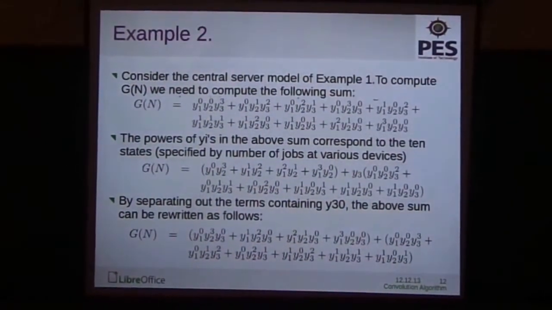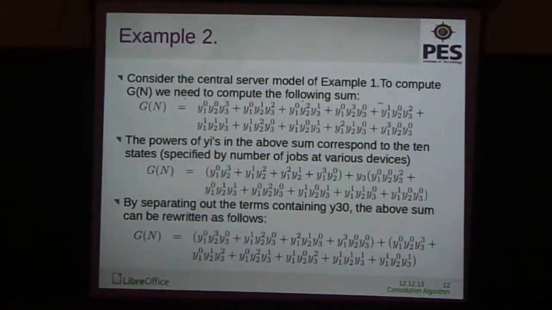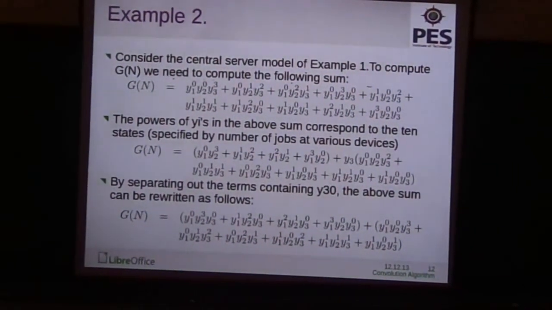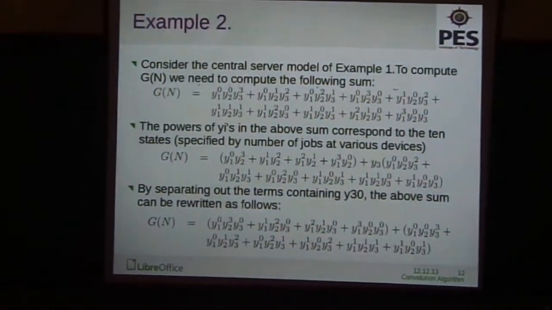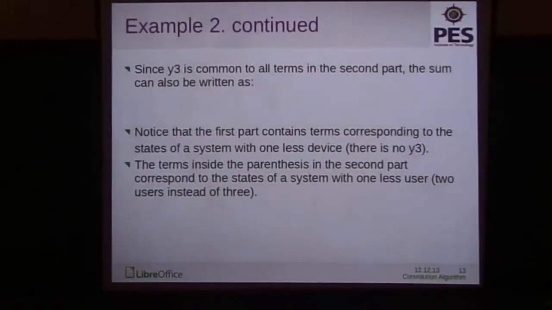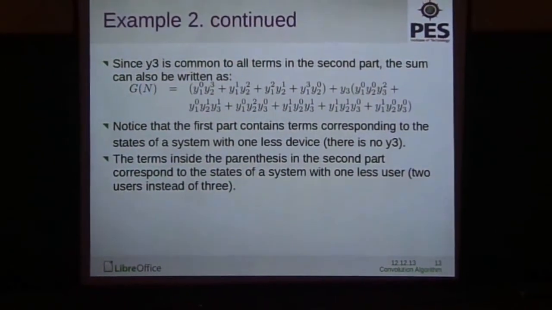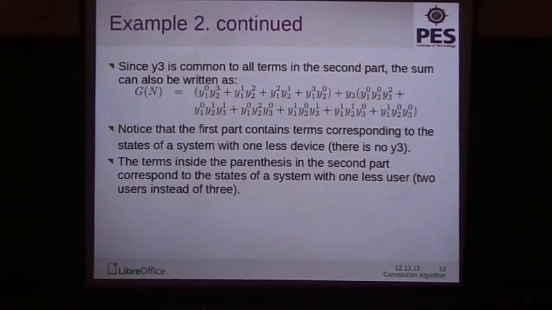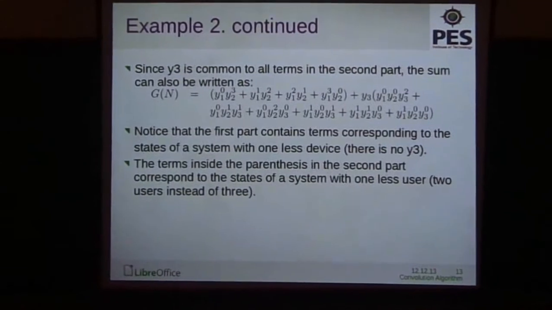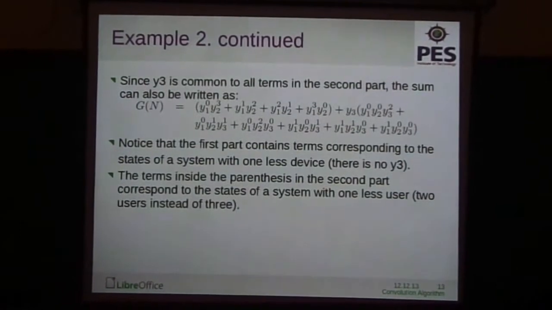By separating out the terms containing y3 to the power 0, the above sum can be rewritten as follows: gn equals y1 to the power 0, y2 to the power 3, y3 to the power 0, plus y1, y2 square, y3 to the power 0, this way. Since y3 is common to all terms in the second part, the sum can also be written as gn equals y1 to the power 0, y2 to the power 3, plus y1, y2 square, plus y1 square, y2, plus y1 to the power 3, y2 to the power 0, this way. Notice that the first part contains terms corresponding to the state